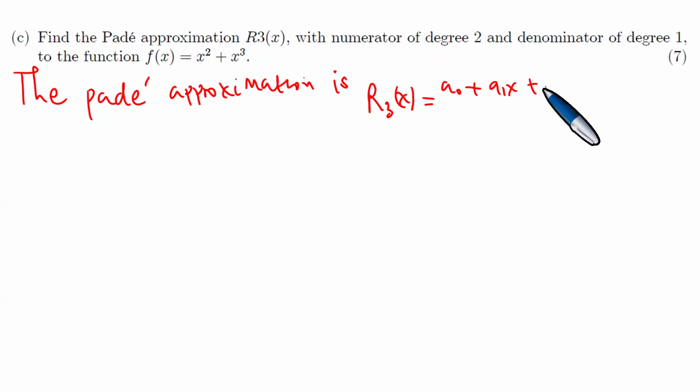a0 plus a1 x plus a2 x squared, over 1 plus b1 x. The denominator is of degree 1, but you always put a 1 there and then add the b1 x, because of degree 1, you stop at the linear power of x. And this one is a quadratic term in the numerator, of degree 2. This is the Padé approximation to the function,